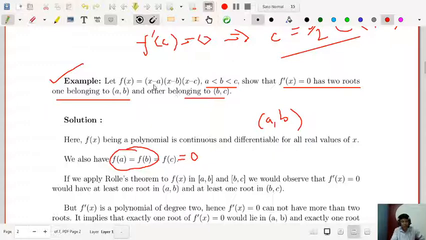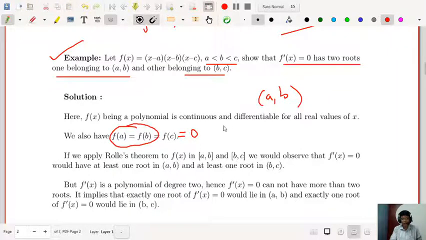You look at that, the highest power of x is 3. So if you are talking about a cubic polynomial, then it is always continuous. Polynomial functions are everywhere continuous. So if you are talking about an interval a and b, it is continuous at a and b. And it is differentiable. Yes, polynomial functions are continuous and differentiable. Look at that, a polynomial is continuous for all real values of x.